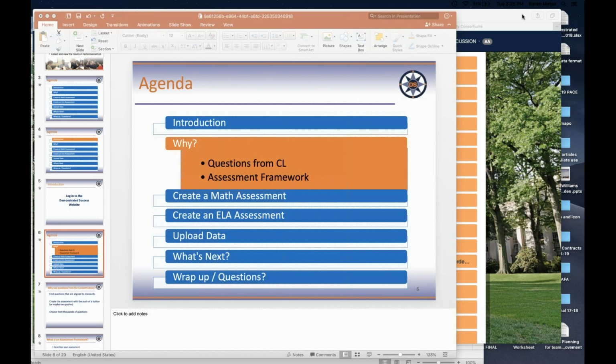Oftentimes we use that assessment data to place students in certain classes or in certain interventions. And it's very valuable data, right? It norms kids against their peers nationally. But what we often find when we go into schools is that there's a lack of more granular common assessment